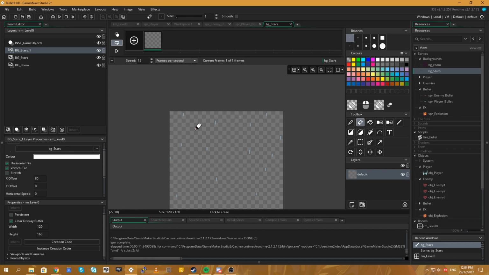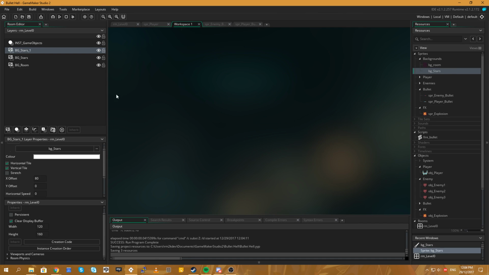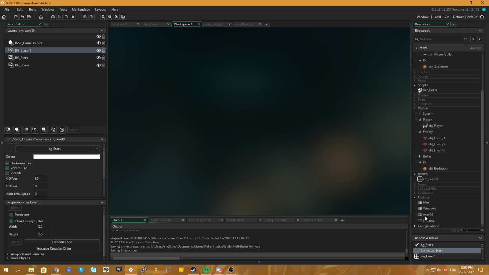Is GMS too good for GUI games, like quiz games? It doesn't handle GUIs very well, to be honest, but I mean, of course you can do it. You just create objects for all of your buttons, and you deal with the click events, and you can do GUIs like that in GameMaker. Unity is definitely the winner when it comes to GUI handling.